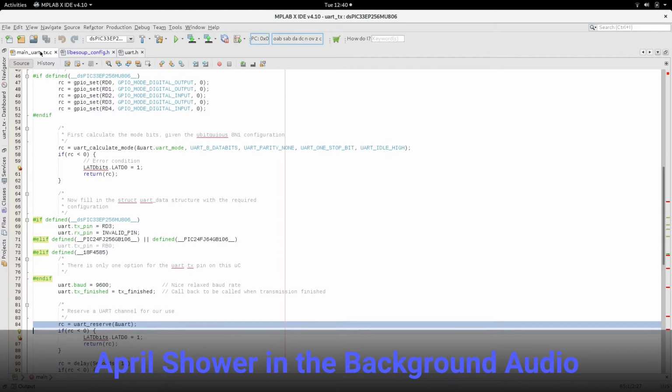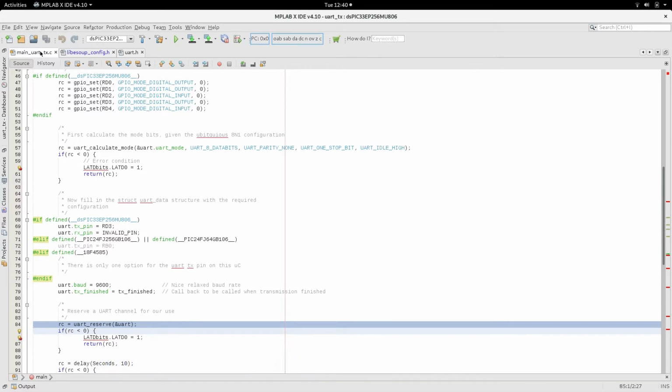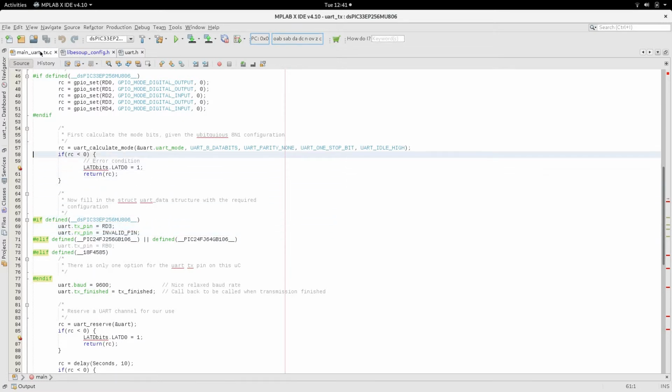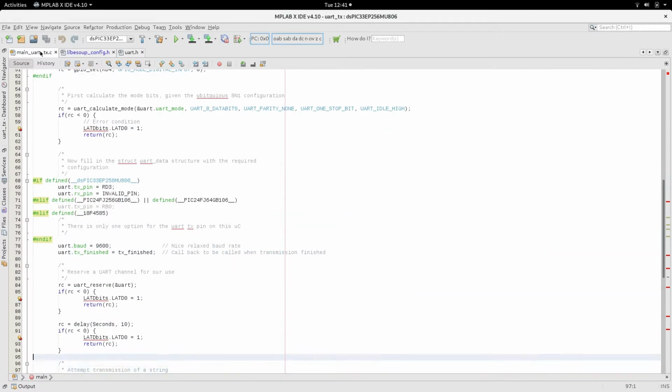Now if multiple people are using UARTs, or multiple elements of our application are using UART, it will just grab the first free UART and reserve that. So we're reserving this for our use and nobody else can now use it. And we pass in the address of that structure, so the API code now sets up the pins and the configuration that we've selected here and the baud rate. So it sets everything up,